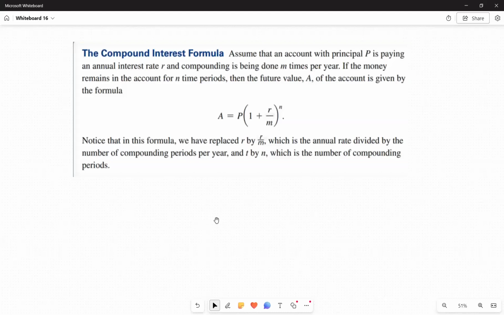Hello. In this video, I will do examples of compound interest. We're going to bring back the compound interest formula. So remember that